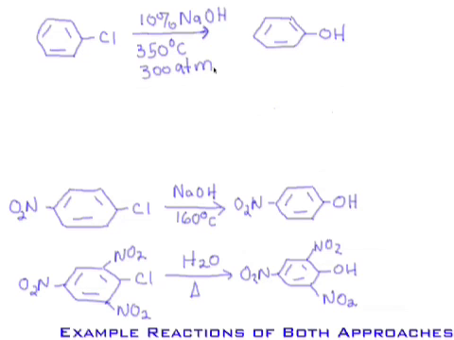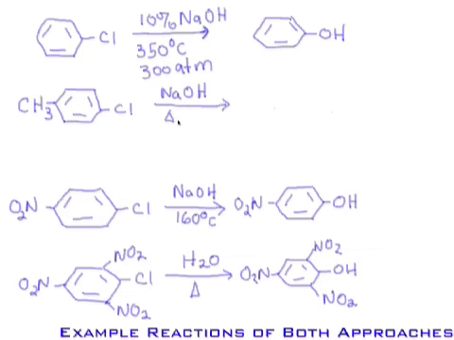We've got pathway number 1, where we don't have electron withdrawing groups, and we have pathway number 2. Well, how do we know there are two different pathways? Well, this becomes obvious if we use something like perchlorotoluene instead of our chlorobenzene. And if we react this guy with sodium hydroxide, heat, pressure,